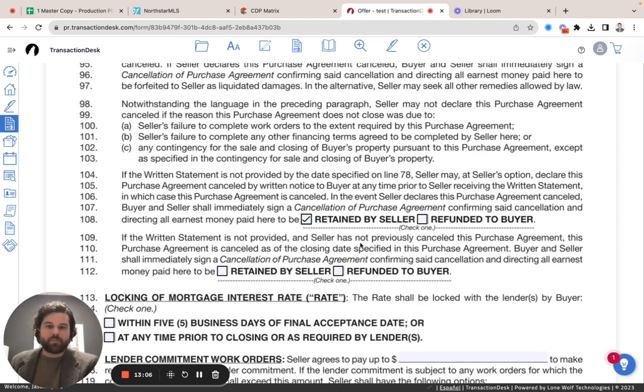Okay, if the written statement is not provided and the seller has not canceled the purchase agreement, and the purchase agreement is canceled as the closing date specifies, buyers and sellers will immediately sign a cancellation agreement, and the earnest money would be, again, we get to choose what we want to do, right? So let's break this one down, because this one's a little complicated. So this first one says, if a written statement is not provided, the sellers can cancel. That one's pretty straightforward. This one down here, if the written statement is not provided and the sellers do not cancel,